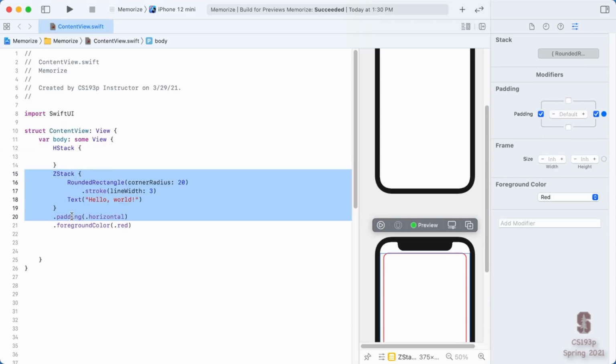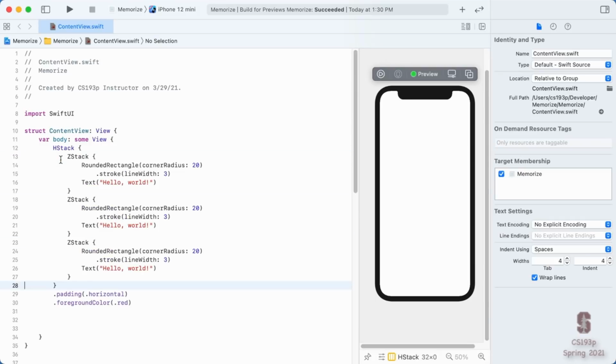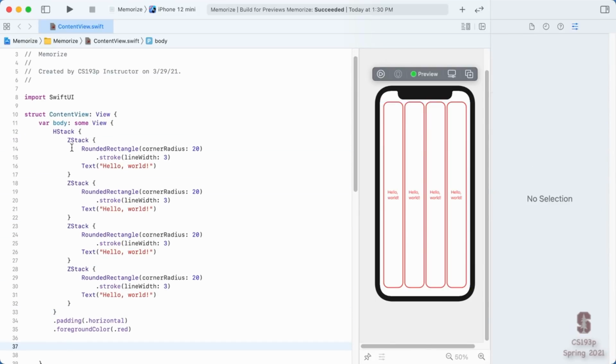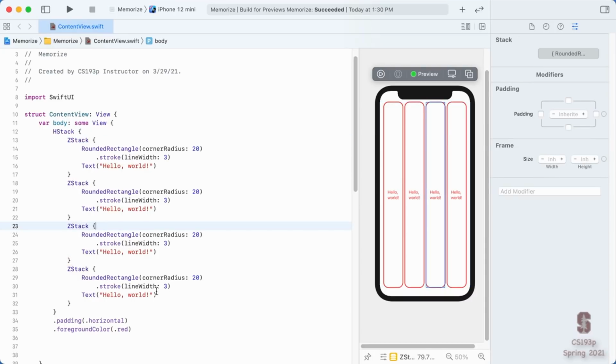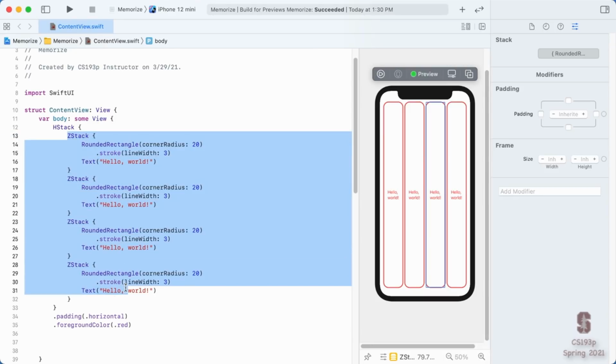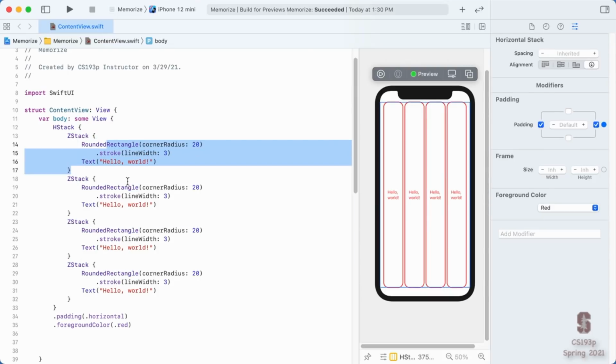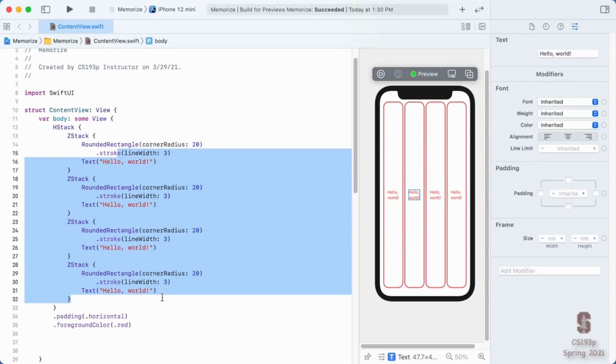And I'm going to take this Z-stack that we built right here, and I'm just going to put 4 of them in here. All I used was an H-stack to combine these Z-stacks. This code is kind of gross, though. If you really had to program this way, imagine we have 20 cards. We're going to have 20 of these Z-stacks. No, I mean, clearly we're not going to do it this way.